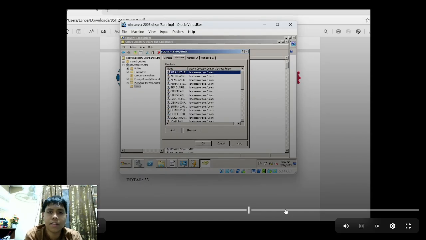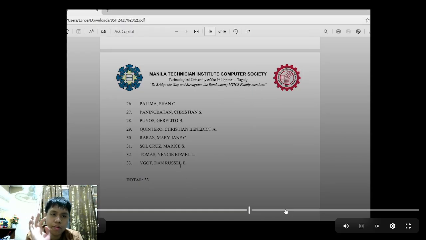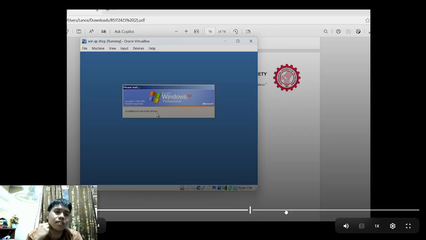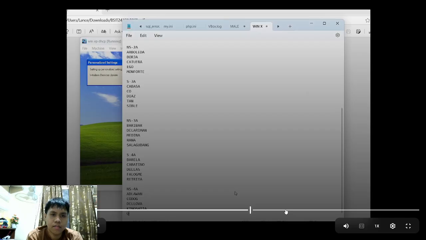Now in the Windows 7, we need to pick five in every section from BSIT NS1A, S1A to BSIT NS4A. We need to pick each five.